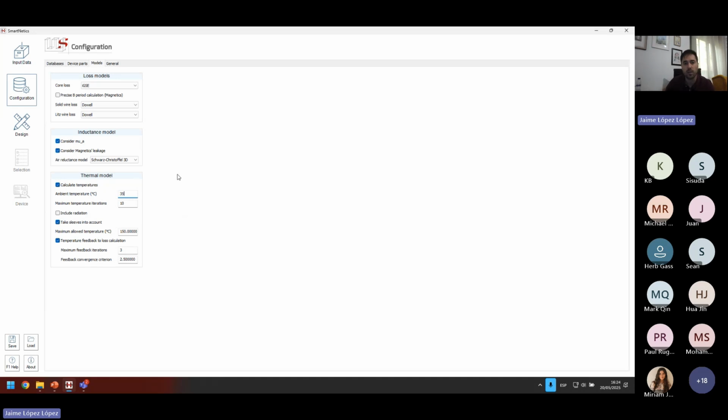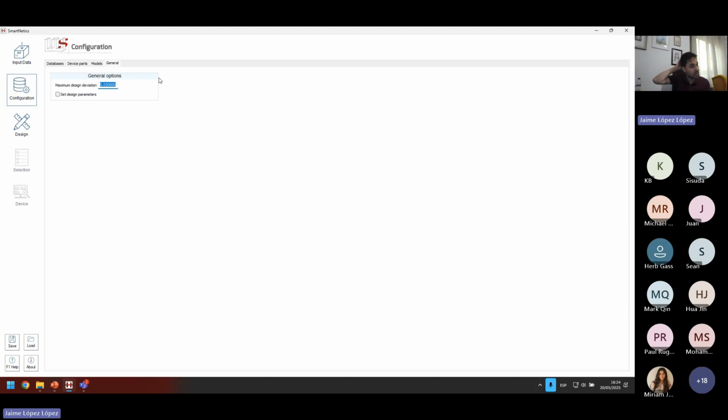change anything they want. And in the next steps, I'm going to show the good and the bad things that you can achieve by changing this kind of parameters. Once again, I'm going to leave everything as is. And the last thing you can modify in here is, in general, first, the maximum design deviation. In this case, I'm going to leave it at 5%, because this is how much the inductance can differ from the one that we wanted at the beginning, in this case, 300 microns.